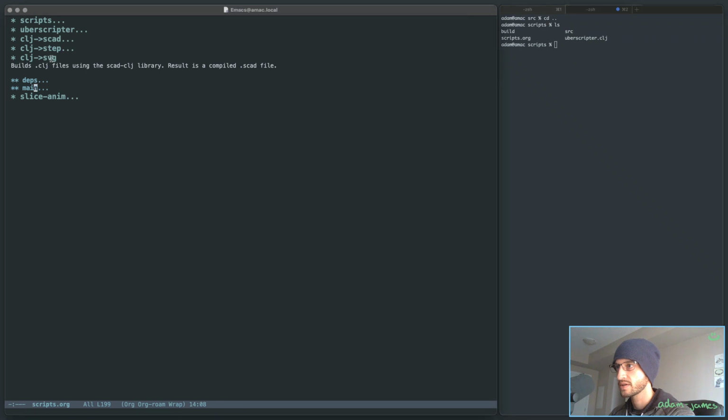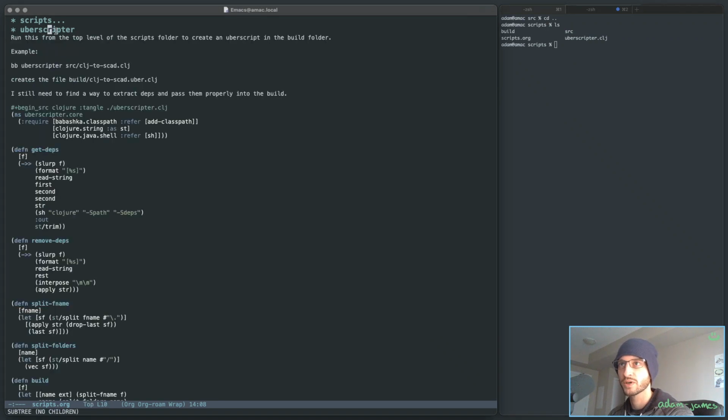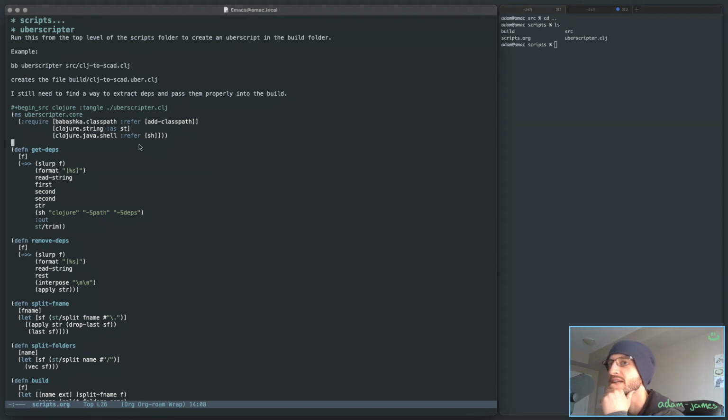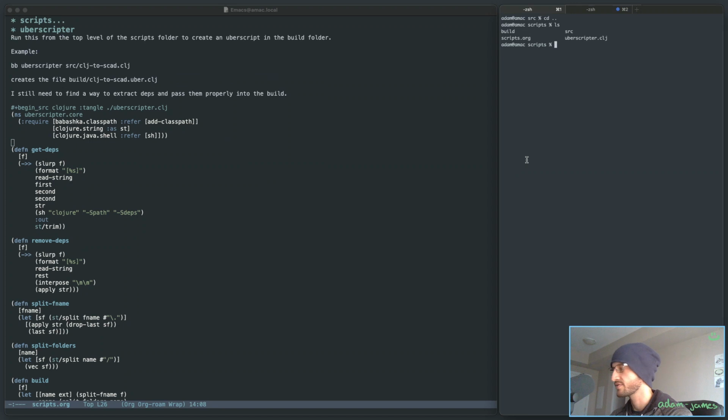I mean, it works so far for my needs. I made this Uberscripter script that compiles, is maybe too loose a term, but Babashka has this feature that you can run it with Uberscript on a file. Let's try to run it on one that works. File source CLJ to SCAD as an example lets me run, I think it's just like this, Uberscript,